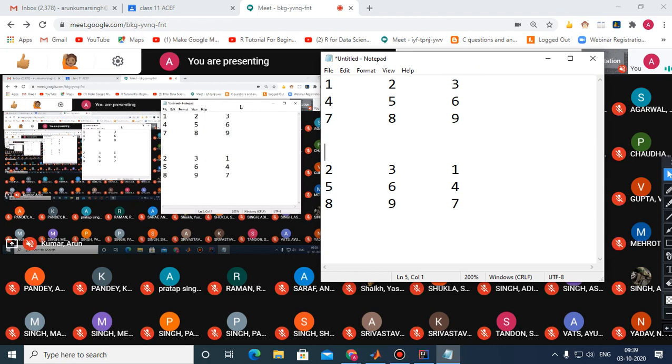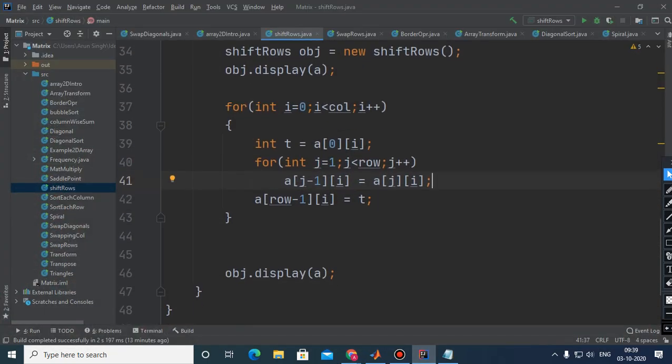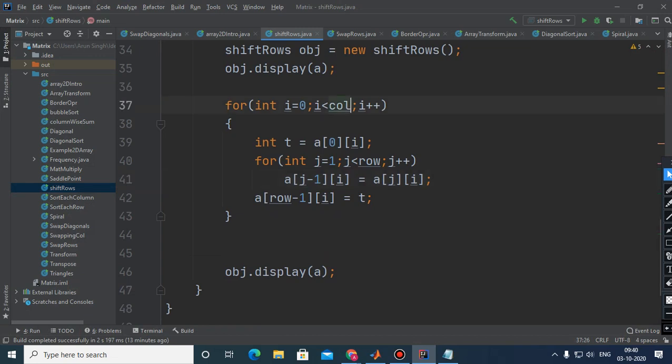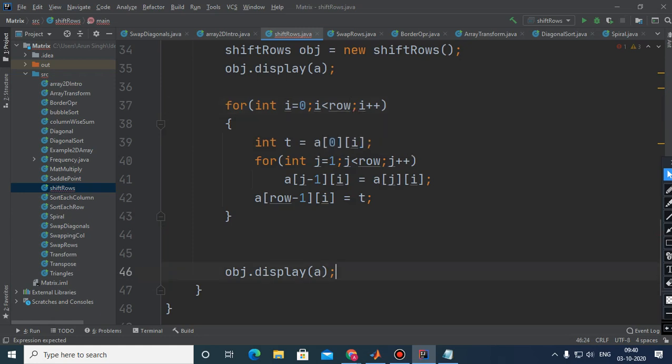So always remember when you have to swap columns, you have to traverse row wise, and when you have to swap rows, you have to traverse column wise. So this is the basic principle. So here, if you want to swap columns, this will be row, and here this will be column.